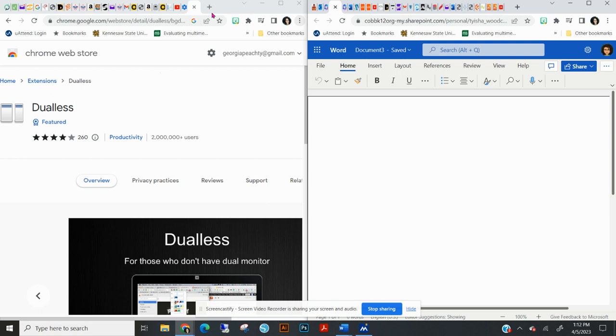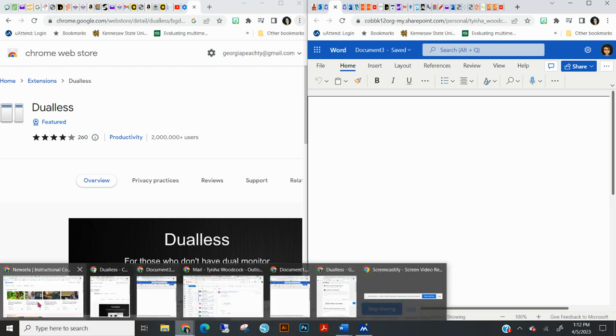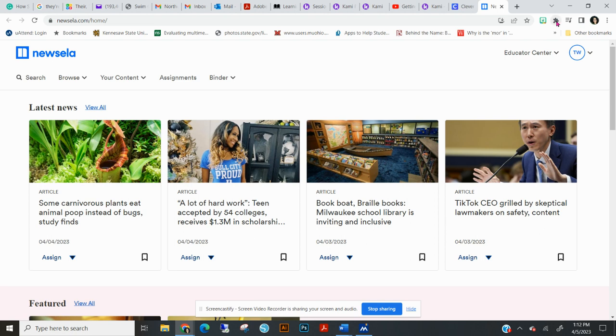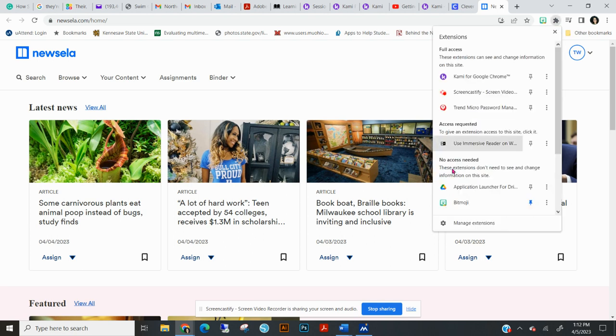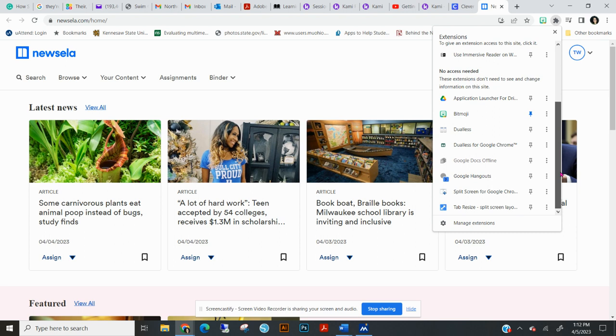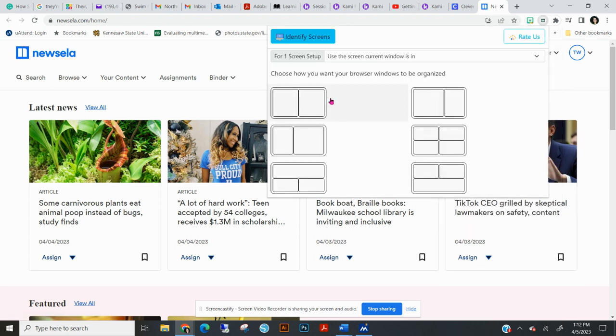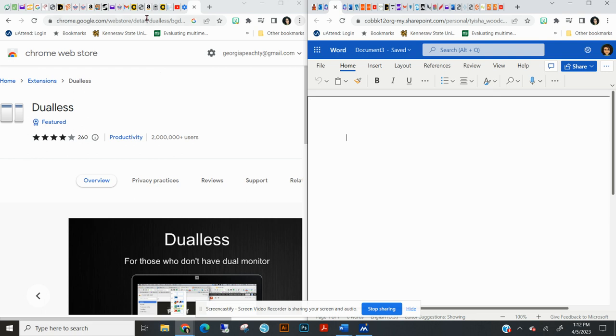Because I've had other things open that I wanted it to use, such as this Newsela for like if my students were using it. And then when I click on it, it jumps to something different. But whichever one it does use,